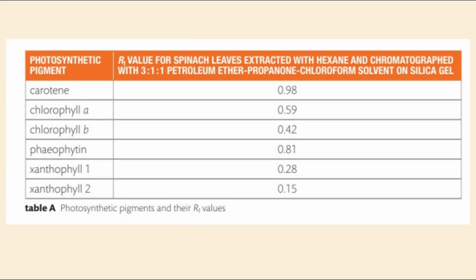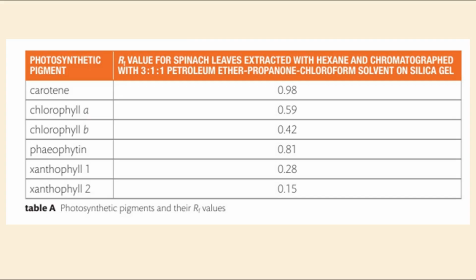Now let's look at the example in your book. Here the species is spinach. The chemical used for extraction is hexane and the solvent is a mixture of petroleum ether, propanone and chloroform in a 3 is to 1 is to 1 ratio. And the stationary phase is silica gel. So based on this, you will be given RF values. So next time you do this experiment, check the RF values, then you can identify the correct chlorophyll pigment or